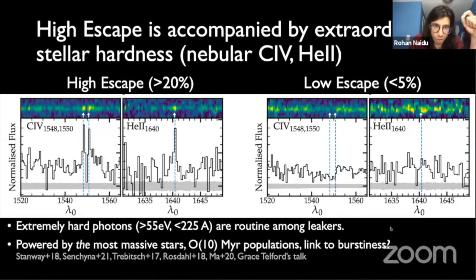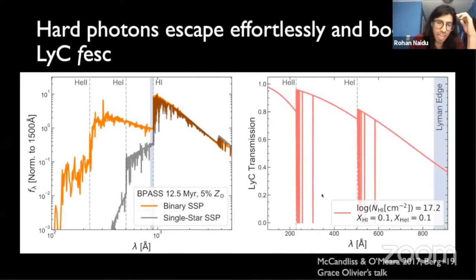The other reason these really hard photons are a total game changer is because they escape really easily. What I'm showing you on the left here is an SED that is matched to our stack's properties. So you see a lot of helium-2 flux. And what I'd like to draw your attention to is the Lyman continuum transmission. At the Lyman edge, you might be measuring an escape fraction of about 40%. But for these very hard photons, the escape fractions are like 90%, because the photoionization cross-section is just so low for these very hard photons. So accounting for this effect,